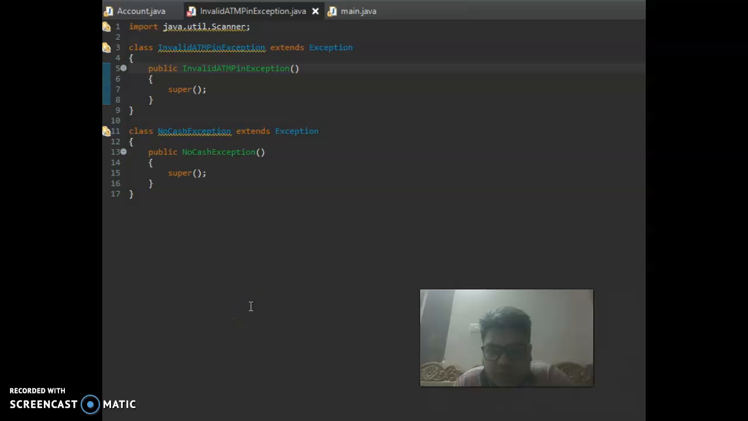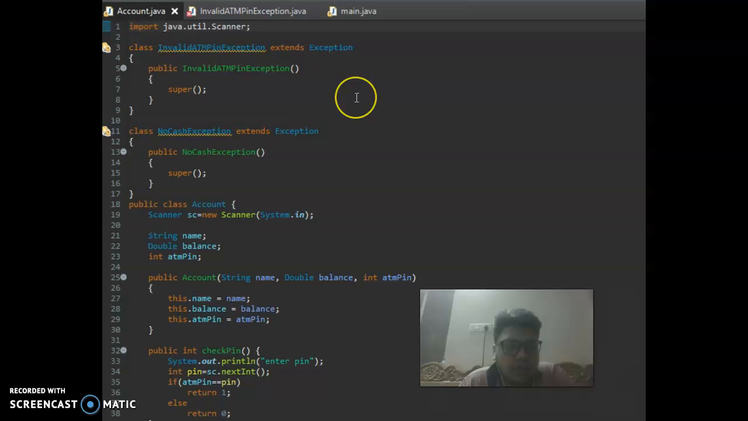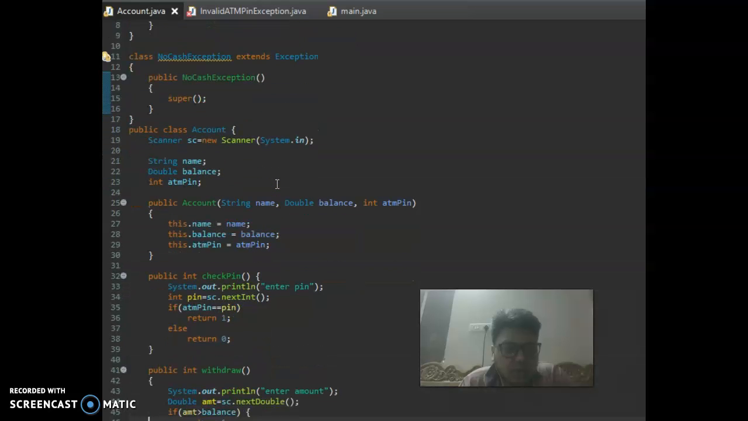Third program: create a class Account. The attributes are name, balance, ATM pin, and initialize using a parameterized constructor. In this program, class InvalidATMPinException extends Exception. Wait, first we see the Account class. Class InvalidATMException extends Exception, public InvalidException with super class, and class NoCashException,